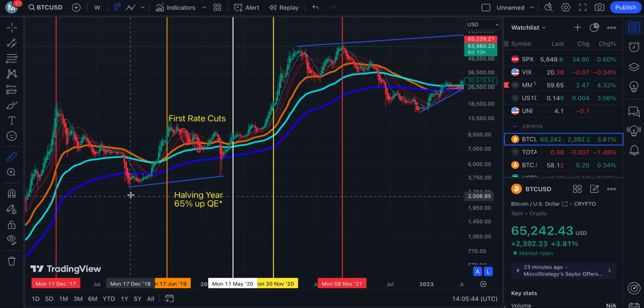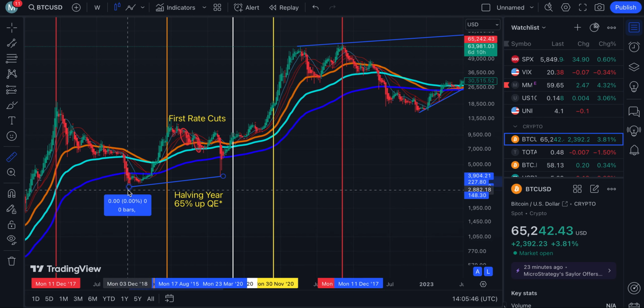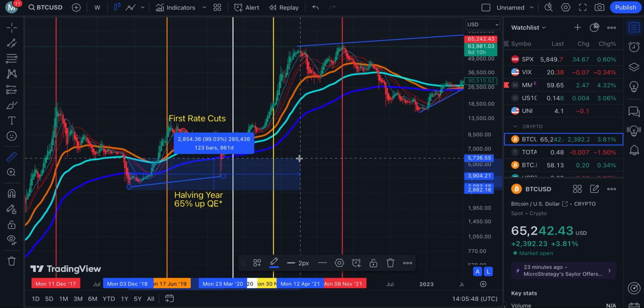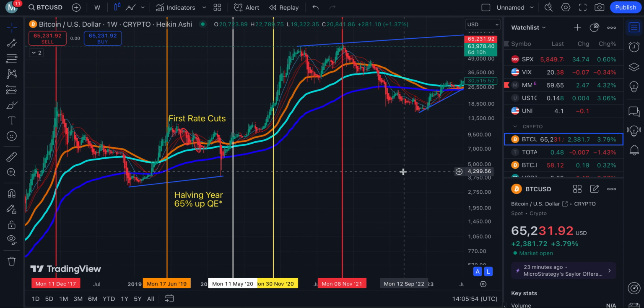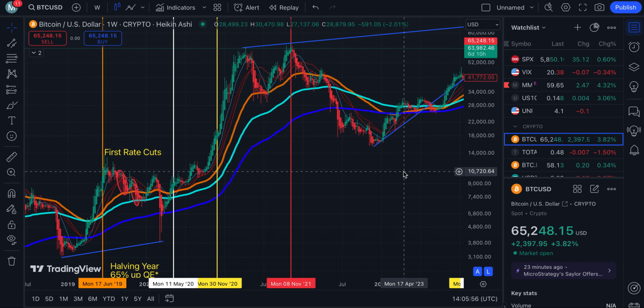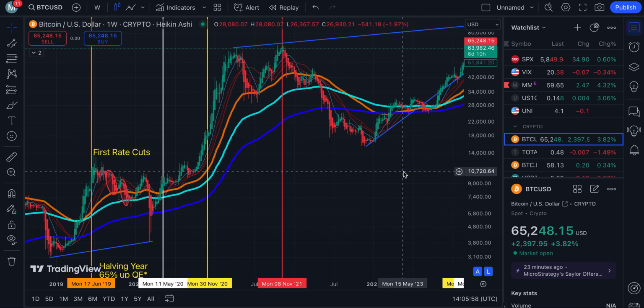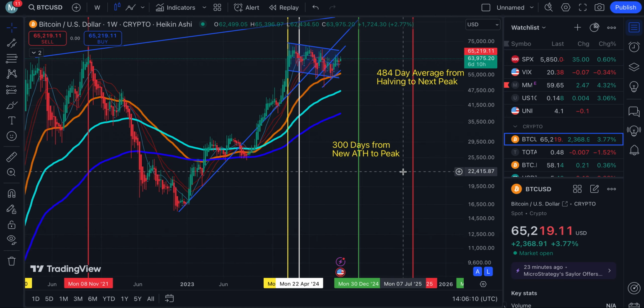I'm just curious about that. The alts that ran, most of them ran in that first peak, there is about 861. So we have an average between 700 to 1,000 days. We can put that in the middle and just say 850 days. And if you're curious what 850 days is, if we take that divided by 365, it's about 2.3 years. 2.3 years from the bottom to the eventual top.